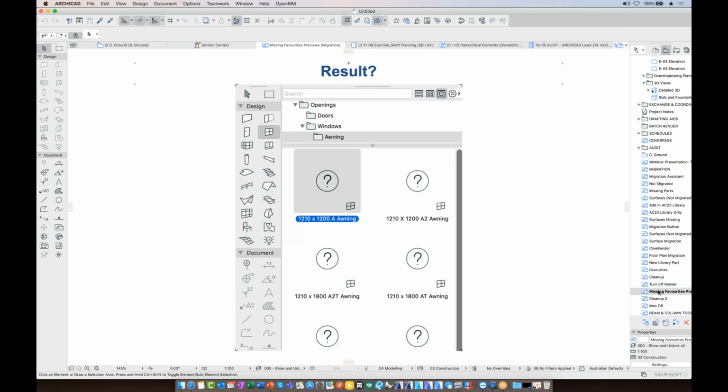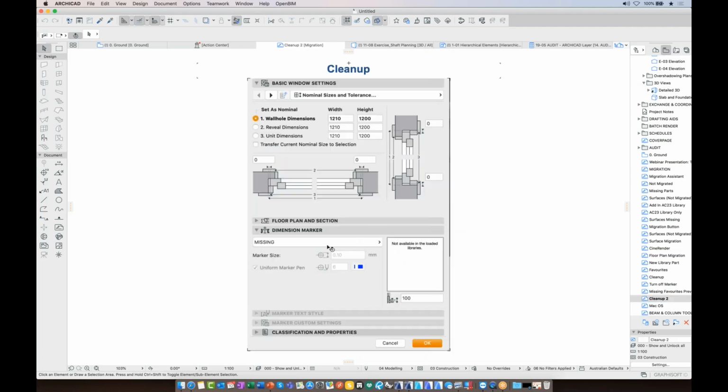You might also find that some of your favorites are missing a preview. That might happen because the markers have changed a little bit, and your favorites might be using a marker that Archicad simply can't find. Now, if you migrated your library parts, you would have the migration library, and this wouldn't be too much of an issue. But if you wanted to clean up your library and get rid of that migration library, all you